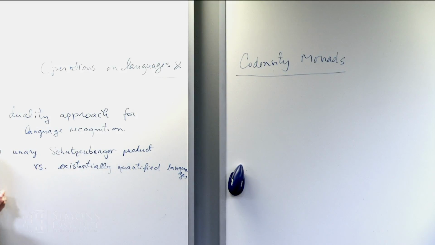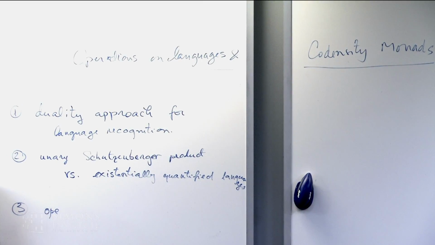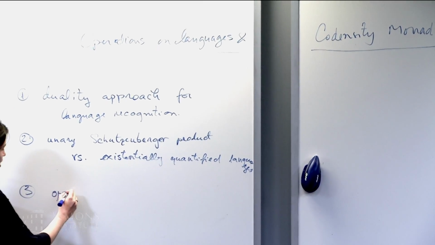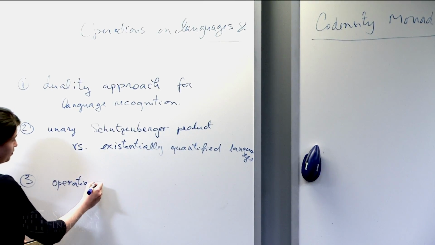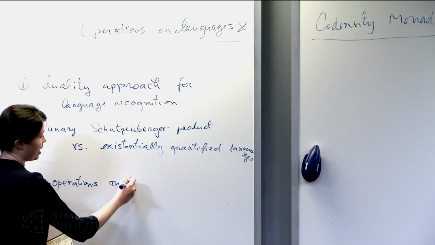And the third bit in my talk will be about trying to understand why this actually works. And because I like category theory quite a lot, it turned out that I've seen some codensity monads going on and popping into the picture. And I think that this thing that we did in this ICALP paper with May and Luca can be generalized to understand a wider family of operations on languages